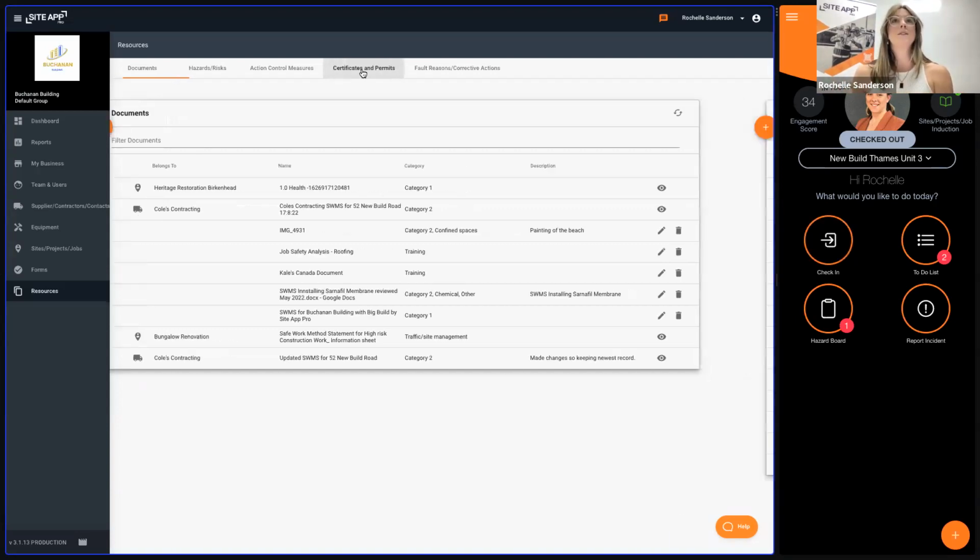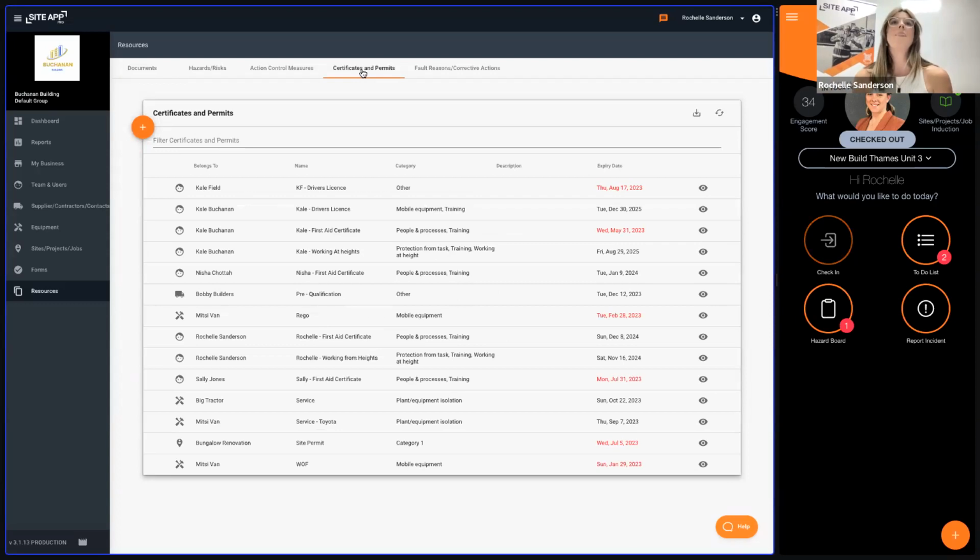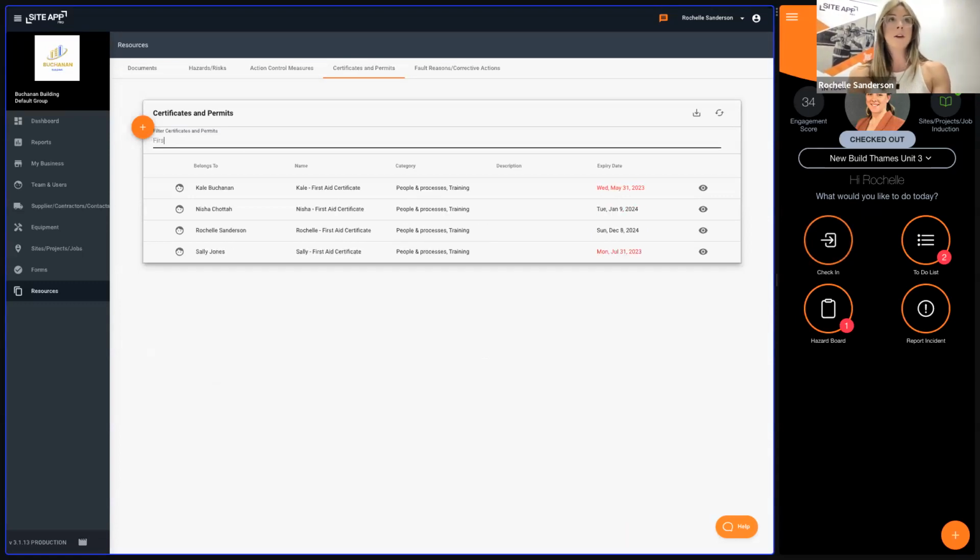But we also want to jump into the certs and permits section. And this is where I can fine tune exactly what I want to look at, especially those expiry days. So when I want to track what's coming up to be renewed, first aid certificates, licenses, all that kind of stuff, I'm going to come here and see it all in one place across all of the users. So what I'll do, for example, say we're looking at that first aid certificate example, I'll type in here first,